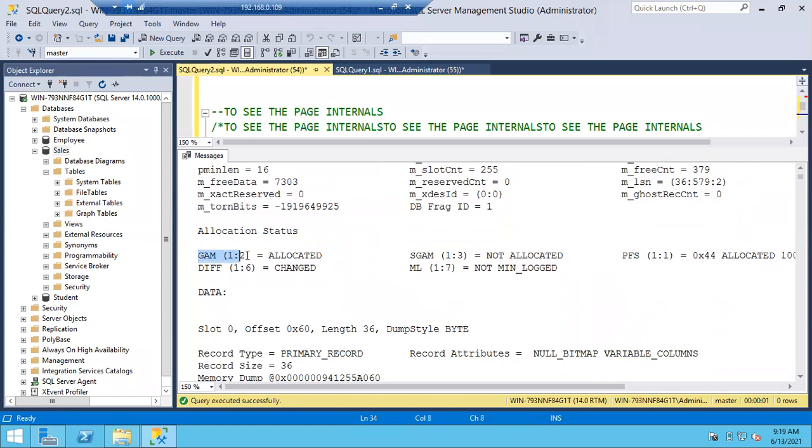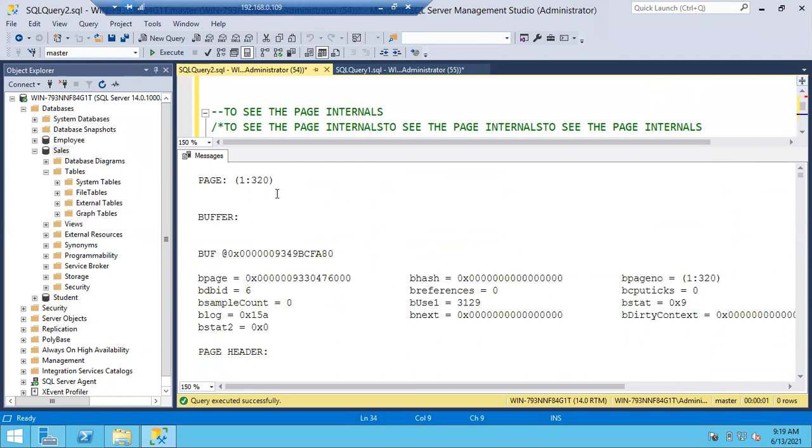GAM. What is this 1:2? Can anyone tell me? What is this 1:320? What is the meaning of this 1:320?